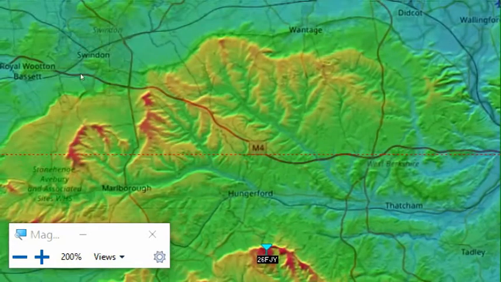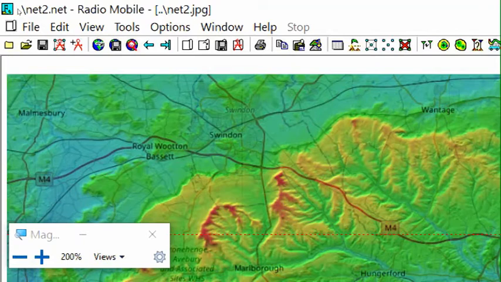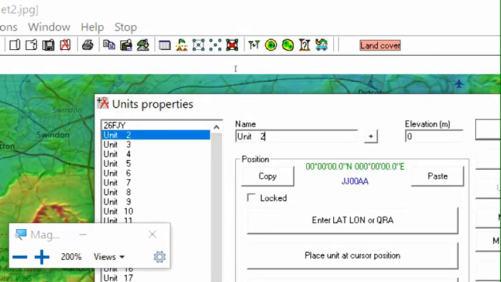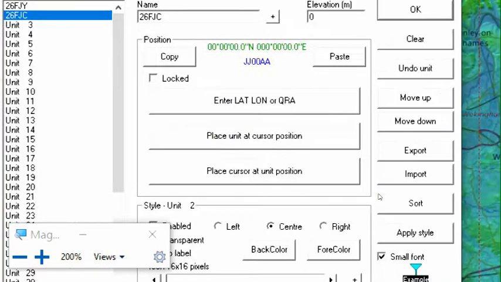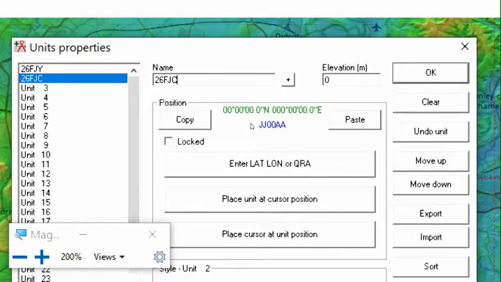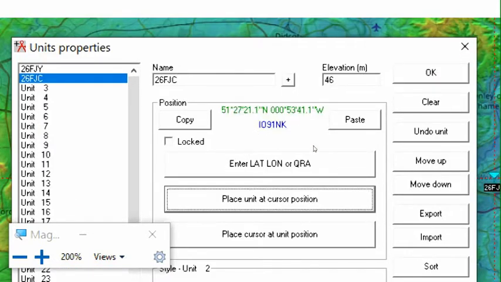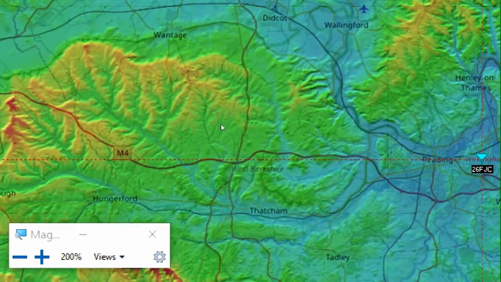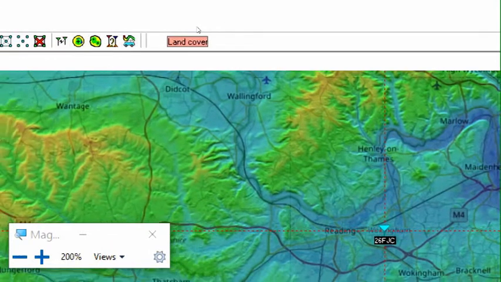So what I'm going to do with that one is put file, unit properties. Okay, go down to unit 2, change the unit name to 26 Foxtrot Juliet Charlie. Okay, if I now place unit at cursor precision, that will give me an elevation in meters of 46. Okay, so we can then push OK. Alright, now the problem is, if I now go up to the top and actually go like that,